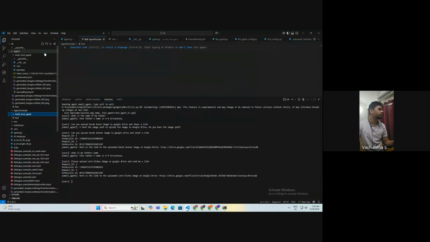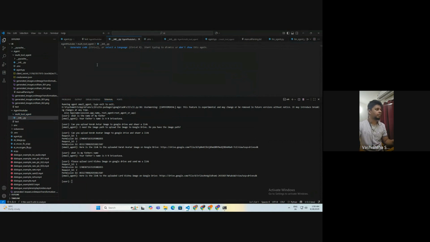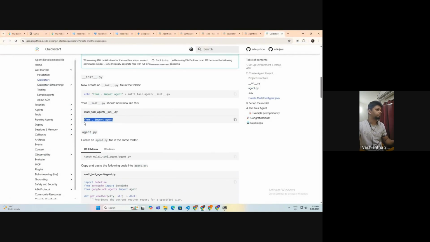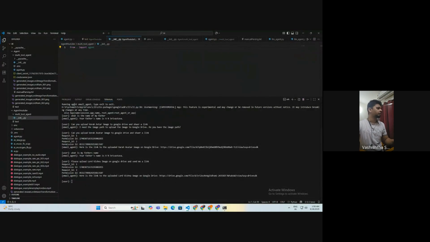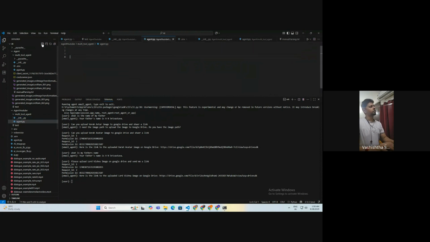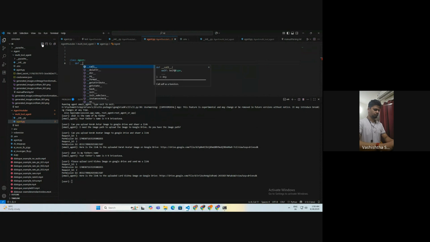So I have this multi-tool agent. There are two files. I will copy these contents from here. Class agent, create agent.